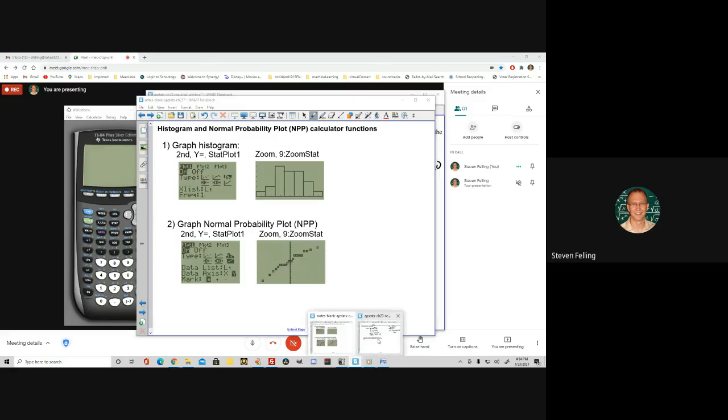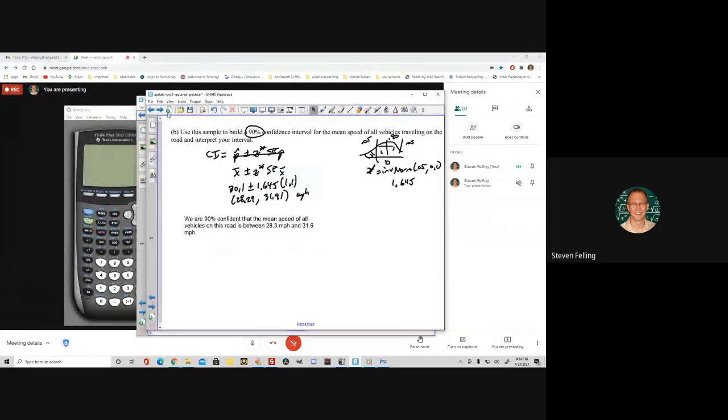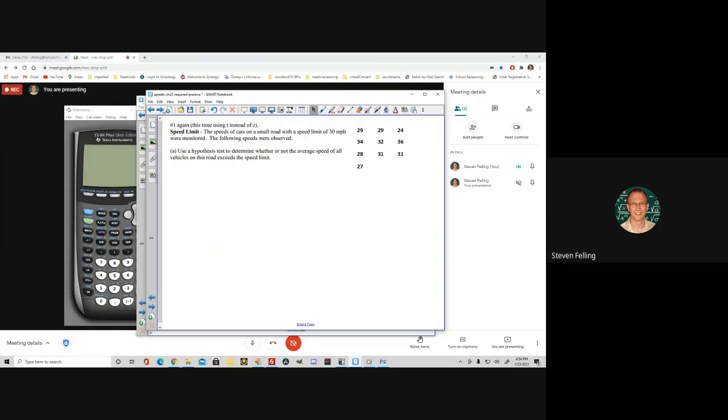So if you switch back to your required practice packet, the second page will say, okay, we're going to redo the first problem, but this time we're going to use the t distribution instead of the normal z distribution. Okay, so let's go through the whole thing. We would start with defining a symbol, right? The mu is going to mean the average speed of all cars on this road,